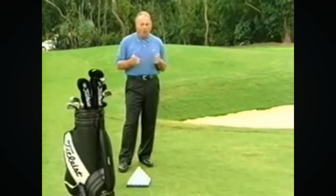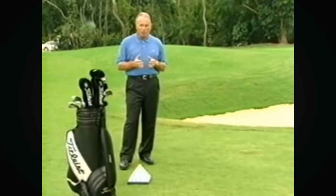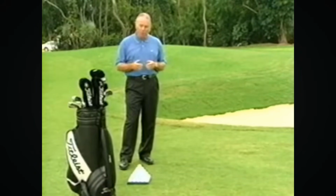Let's talk about a basic little chip or pitch shot. For example, say you've missed the green, 10, 12 feet off the green. We've got a 30, 35 foot little chip or pitch. A shot you'll probably play 4 or 5 times during the course of a round. A basic little chip or pitch shot. Let's talk about the loft on the club that you'll choose to play this shot, ball position, hand position, and